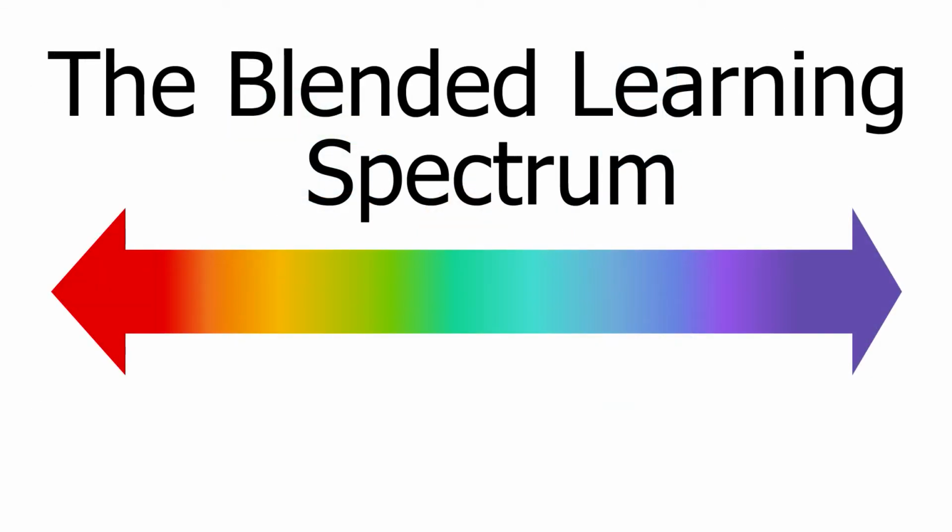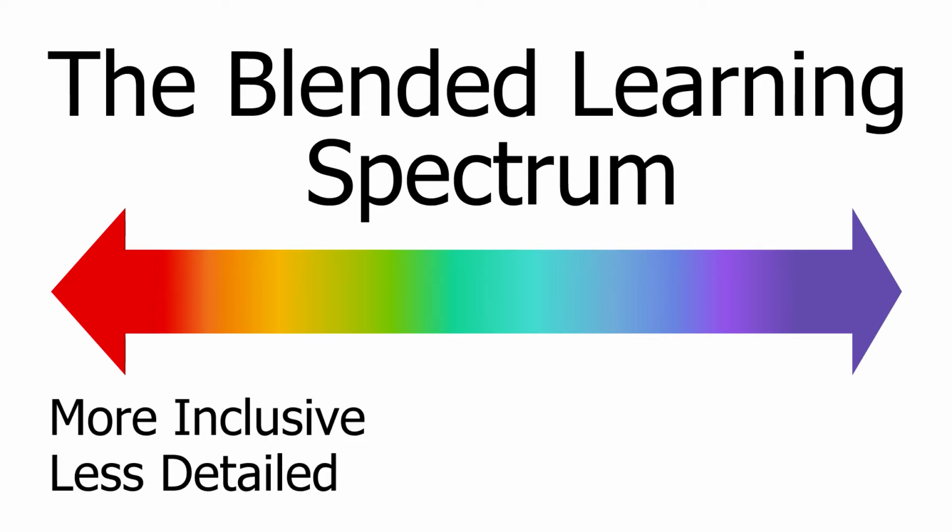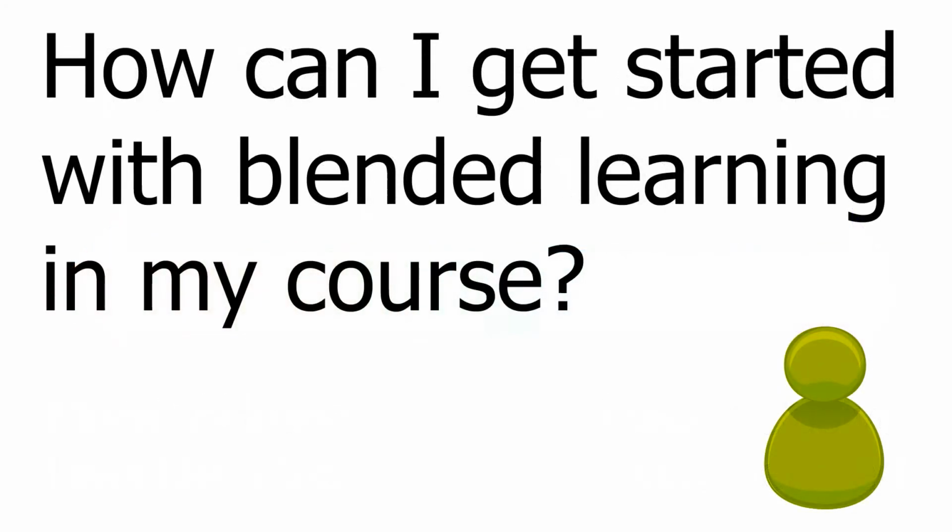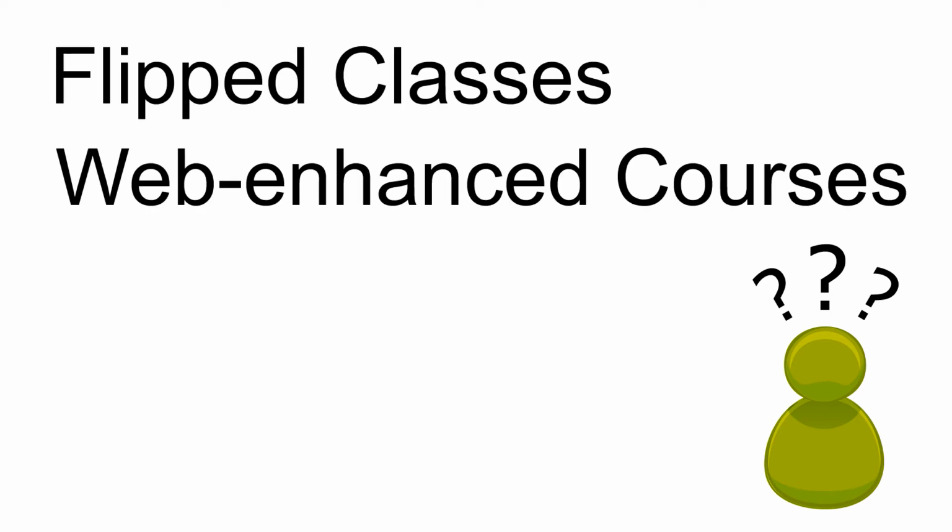Blended learning is often referred to as a spectrum because there are many ways that it can be defined. Some definitions are more inclusive, while others are more detailed. So what are some of the ways that you can start thinking about using blended learning in your course? Here are 3 types of blended delivery that are often used in post-secondary courses and programs: flipped classes, web-enhanced courses,